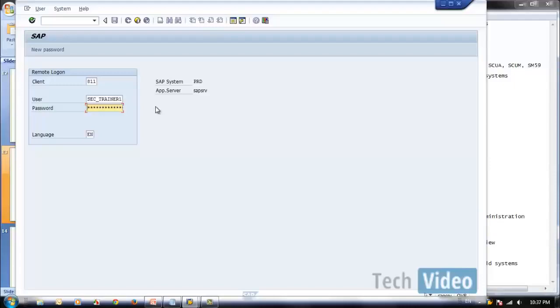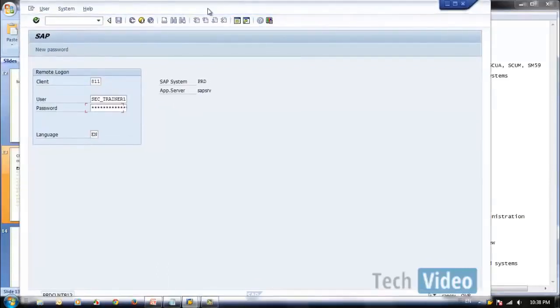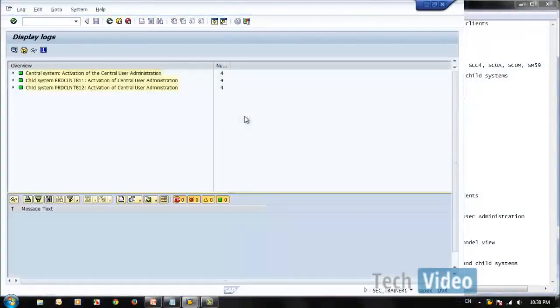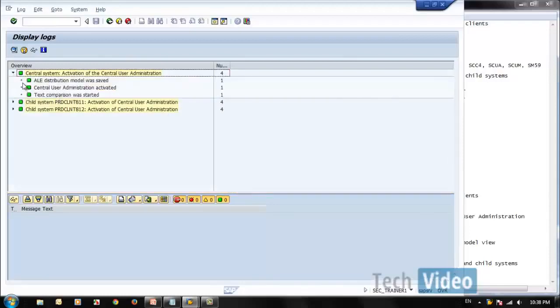Since this is a system user, we need to log in here manually. Okay, now it created the CUA setup.